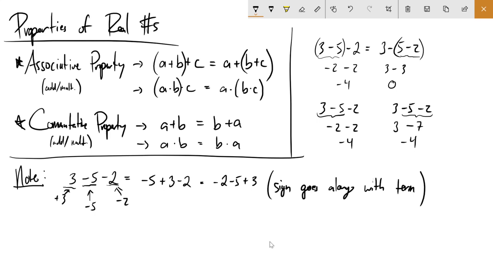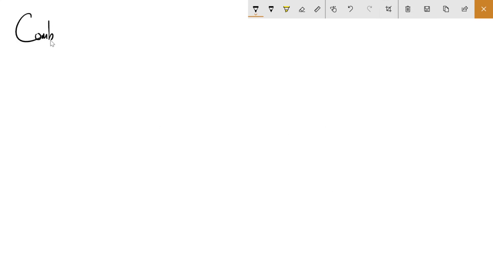Okay, so that's important. That property is important because so far the equations we looked at usually weren't multi-step equations, but if you get into multi-step operations, it's really important to take note of that, and I'll show you why. When you have an expression, you should always simplify, just like we always simplify fractions, and typically what that means is combining like terms. All right, so